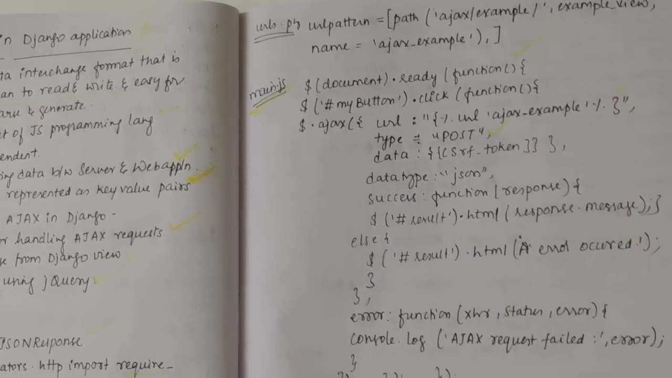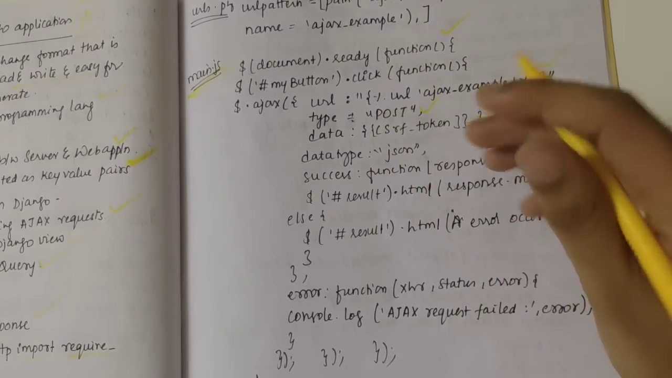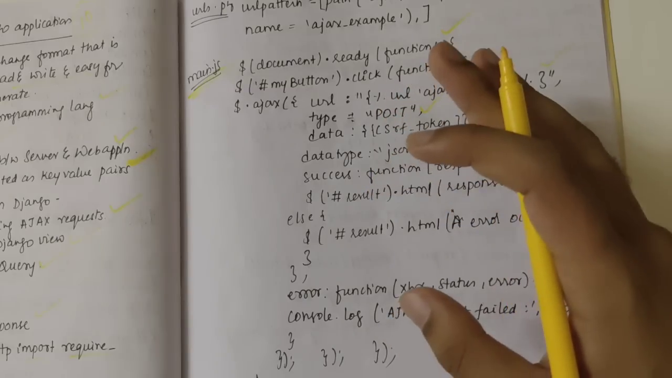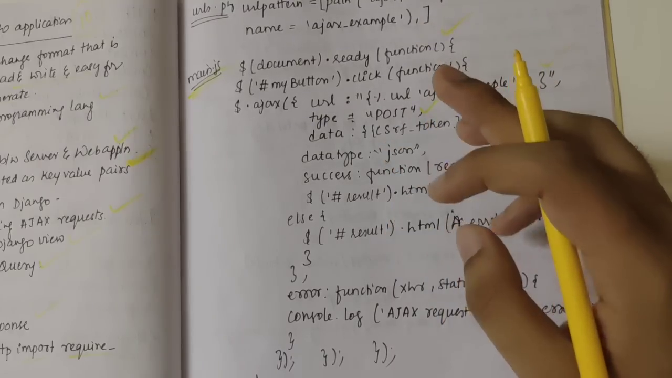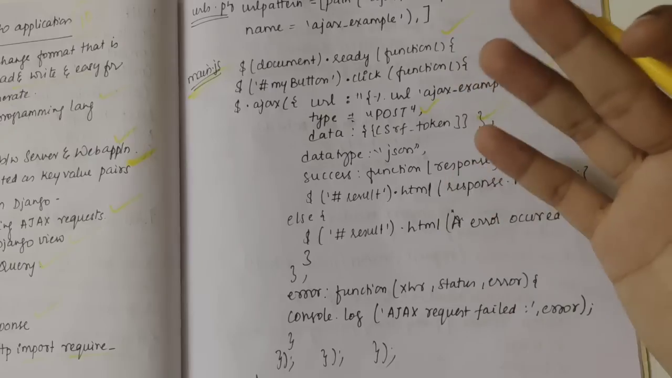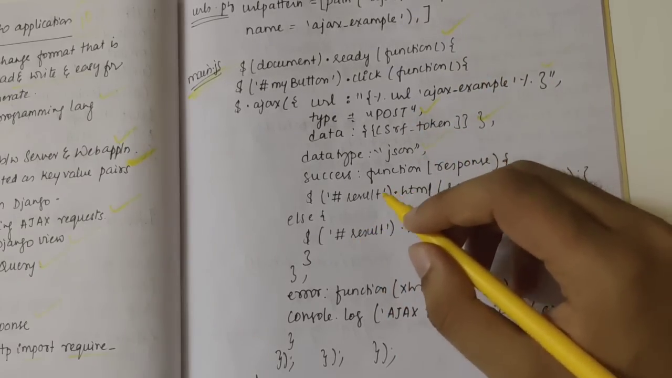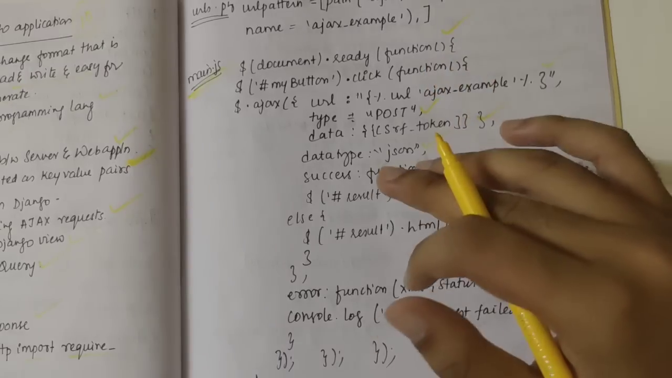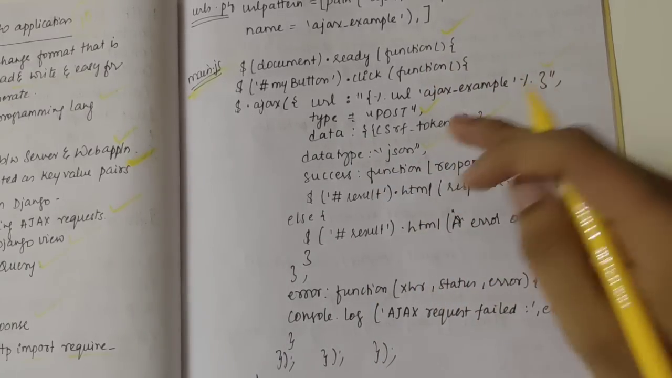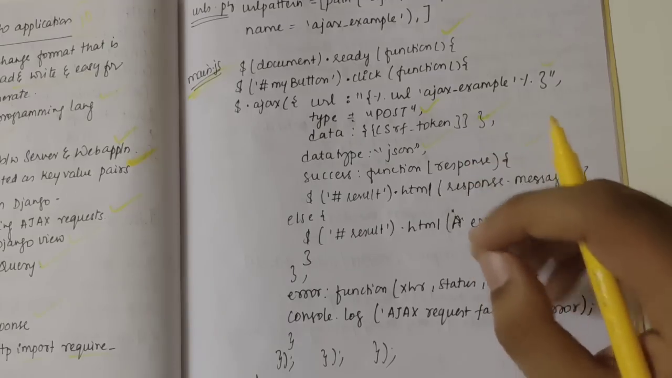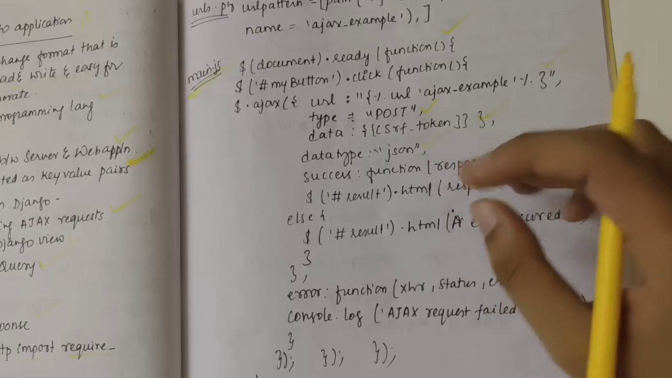Next I have data. Data is equal to csrf token. I am sending data with the request, and along with that the CSRF token is also there. To prevent CSRF attacks, I should include this. Then I have dataType as JSON. So I'm specifying what is the expected response I want. Then after that we have success. In the success function, response, I'm using a callback function here, that is to execute if the Ajax request is